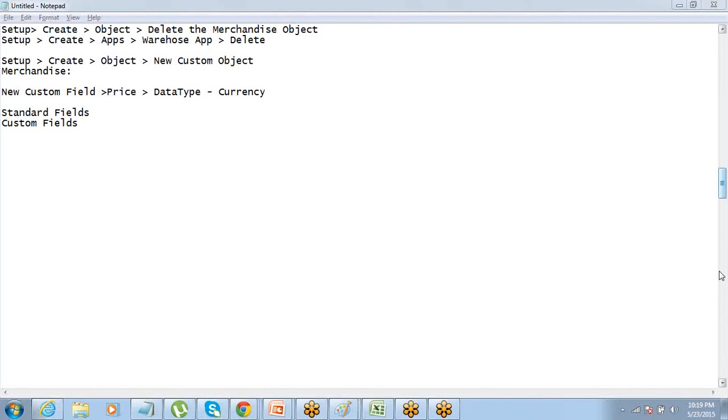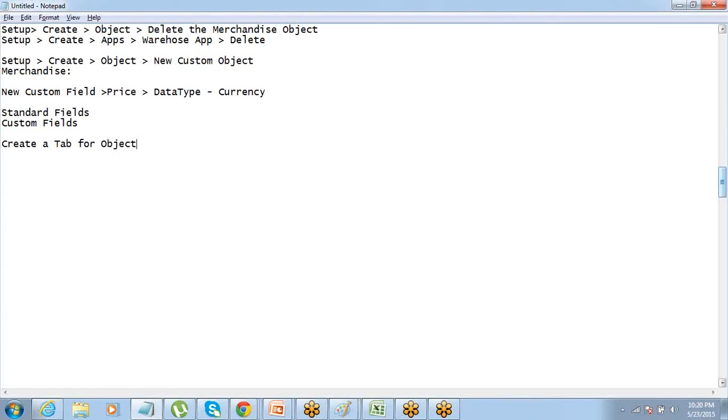All right. Now let's say you just want to go ahead and create the app. App also we deleted, so we have to create the app. So let's quickly go and create the app. But before you create the app, there is one more small thing that you have to do. You have to create a tab for the object.